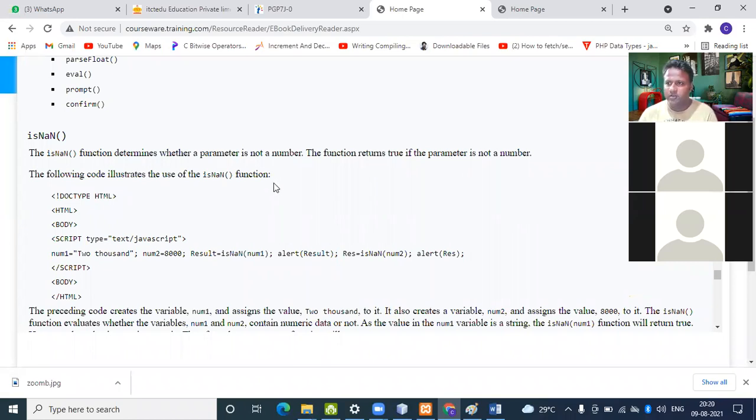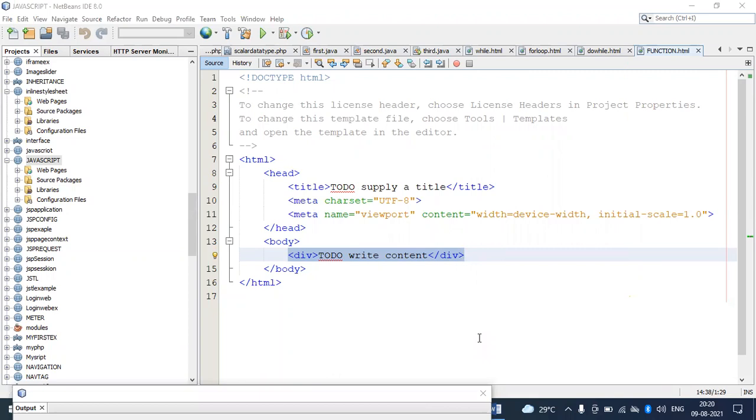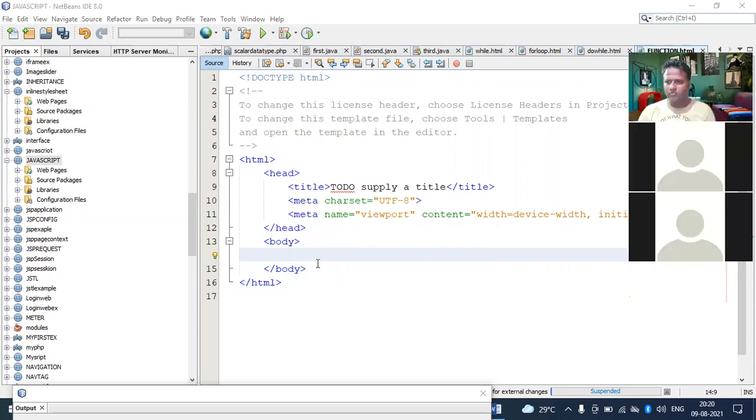Okay, so just I start here. isNaN. Just remove it. So as I already told, this function is used